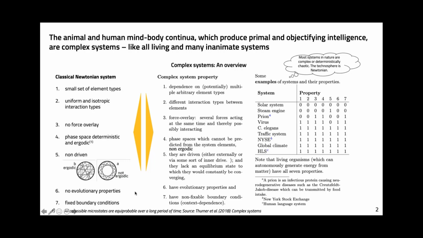Such systems have no evolutionary properties, so they don't obtain new element types. They have the element types they have. Yes, the solar system could get a new planet because a big asteroid could approach the sun, be attracted by the sun and start to orbit around the sun the way the planets do. But that wouldn't be a new element type; it would just be a new element.